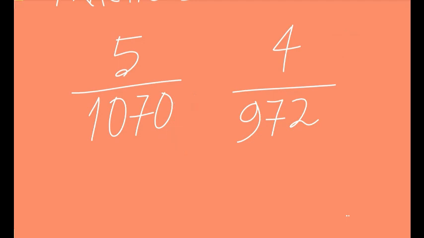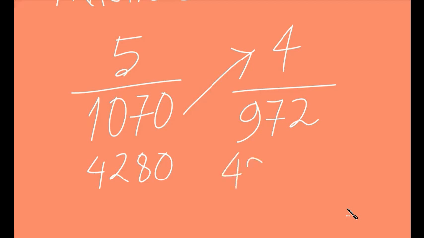For example, you can just multiply this into 4. So what will that be equal to? That will be equal to 4280. Okay, and what will be the multiplication of 972 into 5? That will be equal to 4860. Okay, so which number is greater? This is smaller, this is greater. So this is smaller. Here also we have to give the smaller sign. Same. Done. So see where multiplication helps.